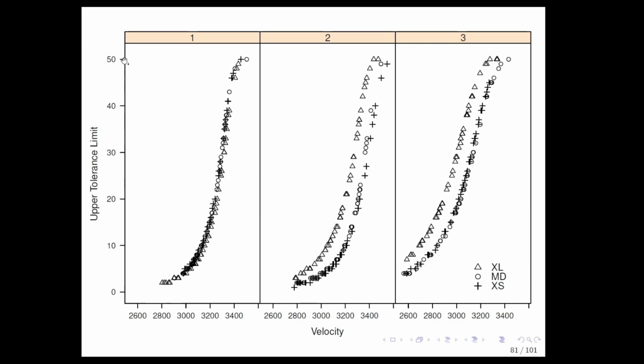Remember, I'm firing it 50 times, which means with a larger velocity, more penetrations should be expected, which is how it is. More penetrations are expected when it is fired using a larger velocity. You see that happening everywhere. Something interesting is for shot 2 and shot 3, the extra large gave a larger upper tolerance limit compared to the medium and extra small. No difference among the medium and the extra small, but the extra large gave a larger upper tolerance limit due